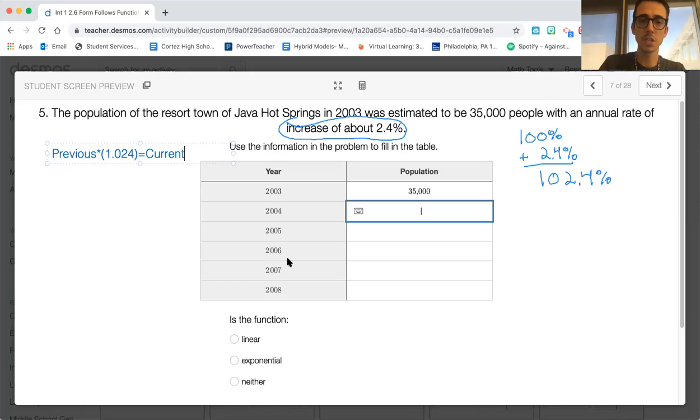And that should be equal to the current. Again, I'm getting this based off of the fact that it's the increase. So I want to throw in the 2.4%. And again, I'm achieving the 1.024 by taking my decimal and throwing it to the left once, twice, putting it there, scratching this out,